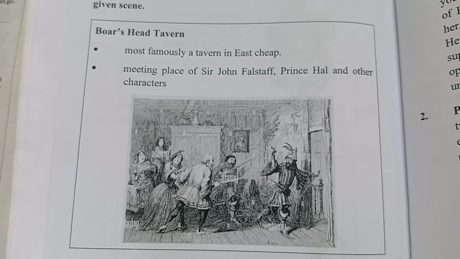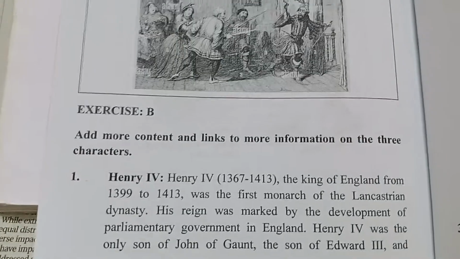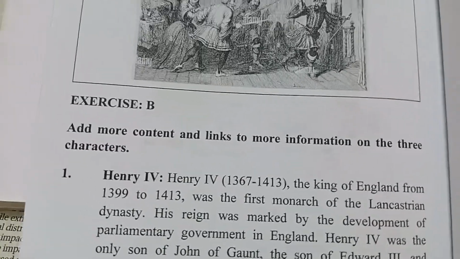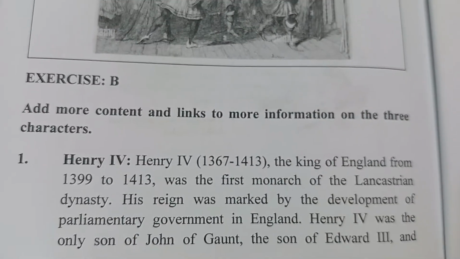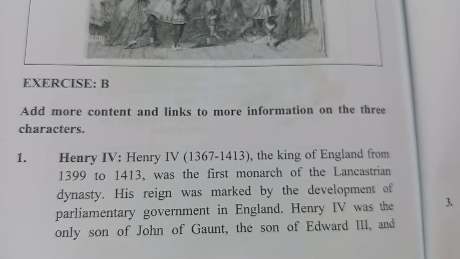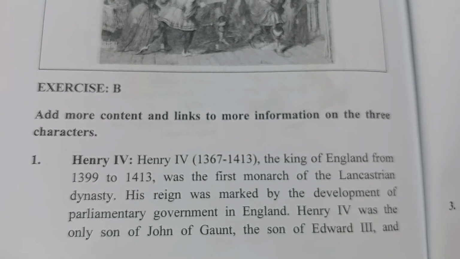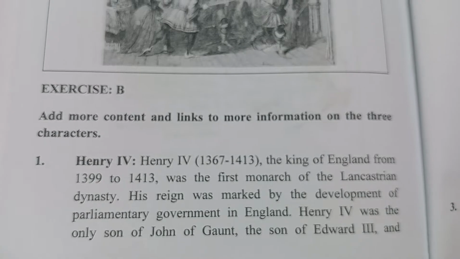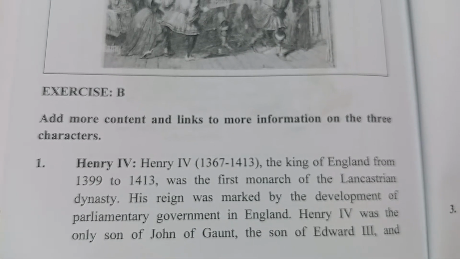Then we have an exercise B. You're going to add more content for Henry IV. How can I add more content for Henry IV? So Henry IV, the King of England from 1399 to 1413, was the first monarch of the Lancastrian dynasty. His reign was marked by the development of parliamentary government in England. Henry IV was the only son of John of Gaunt, the son of Edward III, and